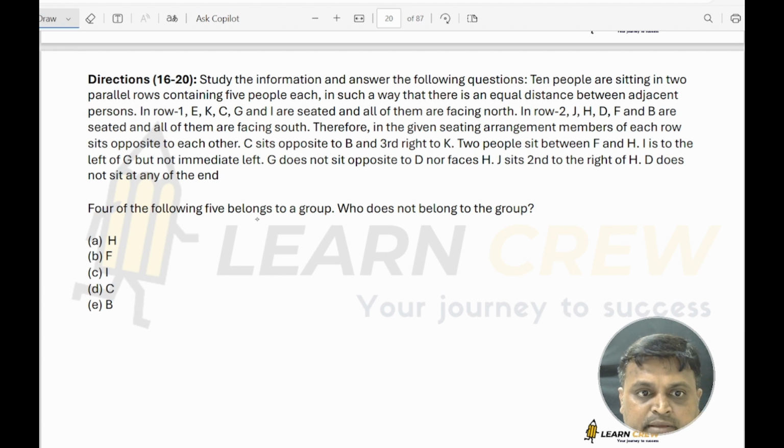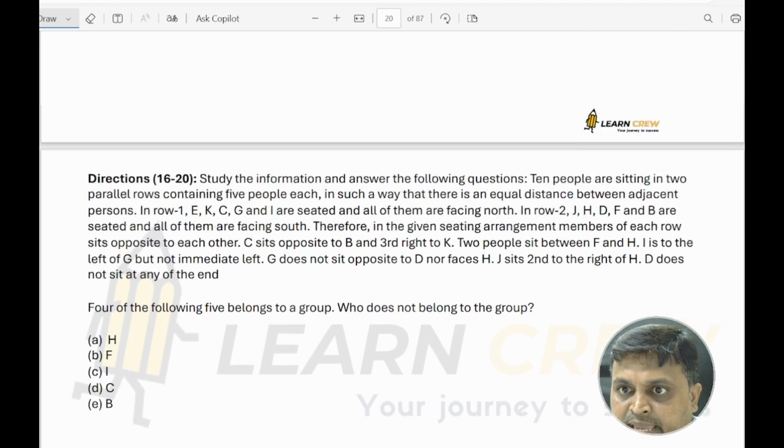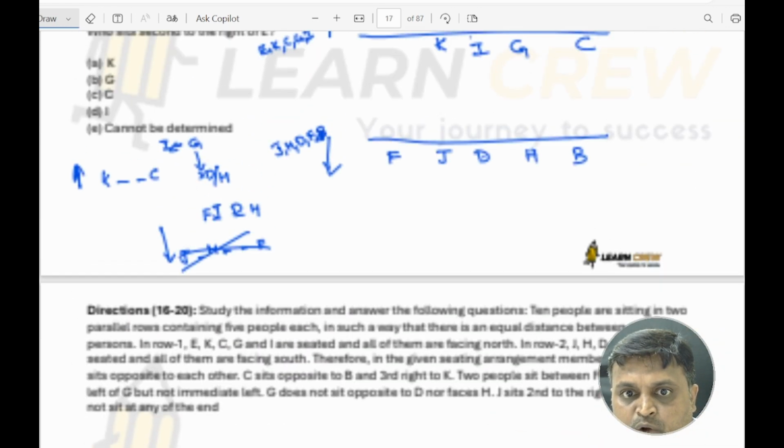4 of the following 5 belong to the group. Who does not belong to the group? H, F, I, C, B. Out of them,